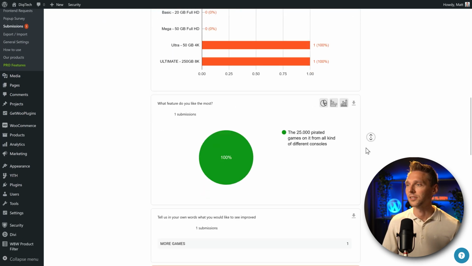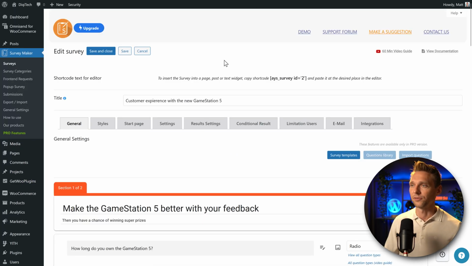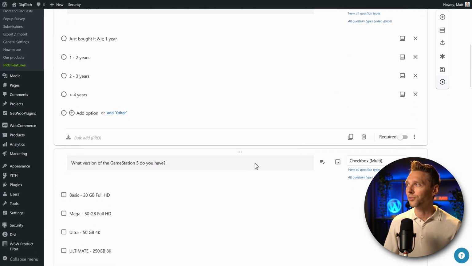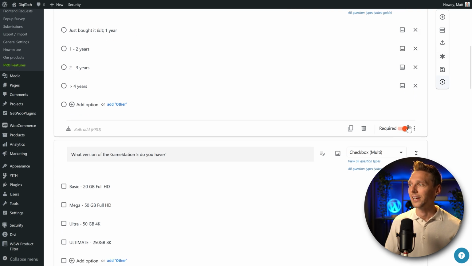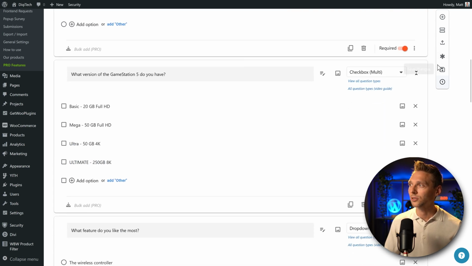This is very nice. Then I go back to edit my survey because we are not done at all. On the right side you also see over here add a question, add a section. I've already shown you both of them, but you can also import question in the Pro version, make all questions required. Let's click on it. And then all these switches just went on. You see that? Really useful.